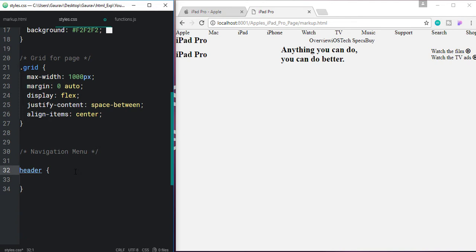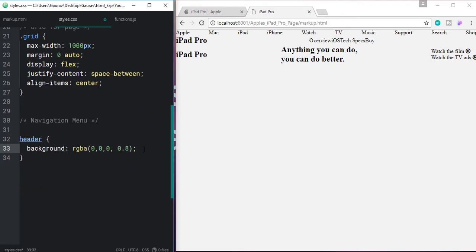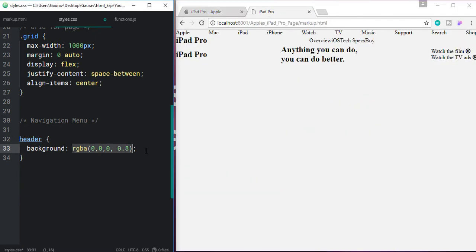Okay, and first of all let's give it a background of this semi-transparent color, and color is white on those menu, so let's set that.